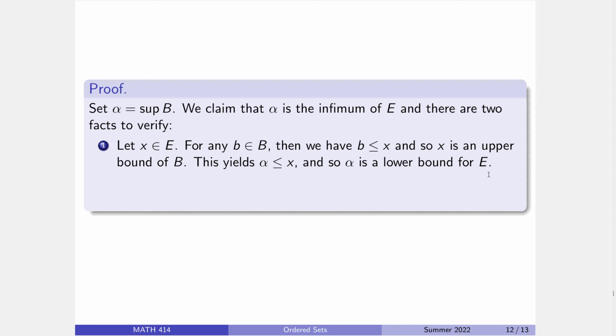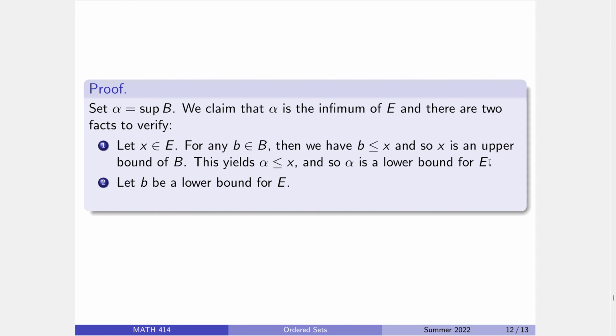Alright, okay, so note that this was kind of just a reformatting of a proof we already did, where we noted that the set B is bounded above by anything that lives in E. So pick anything in E, it's an upper bound. Well, the least upper bound must be less than or equal to it, and that gives us that alpha is a lower bound. Beautiful. Now we just need to verify that it is in fact the greatest lower bound, so take a